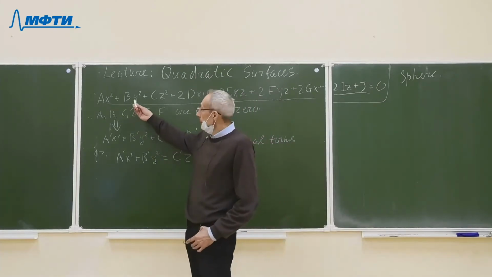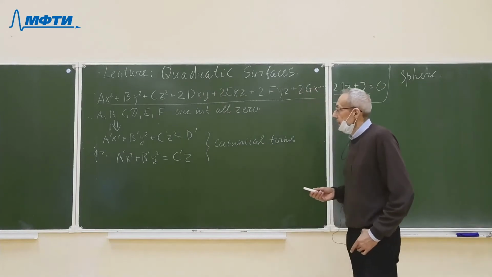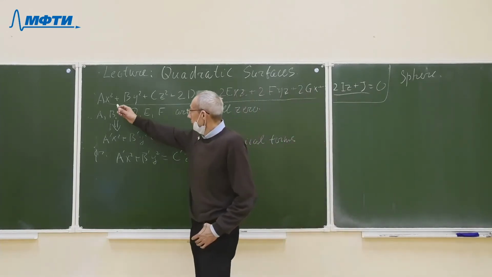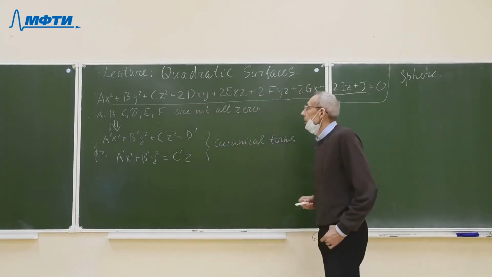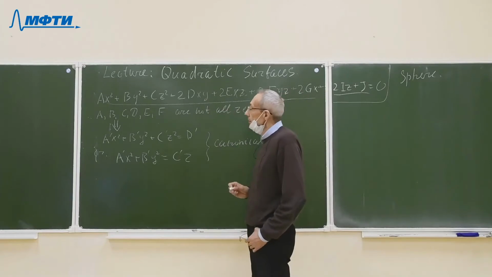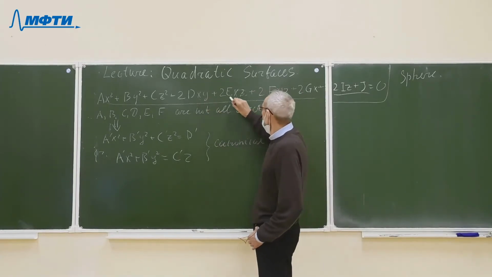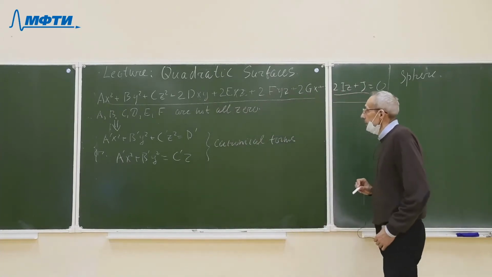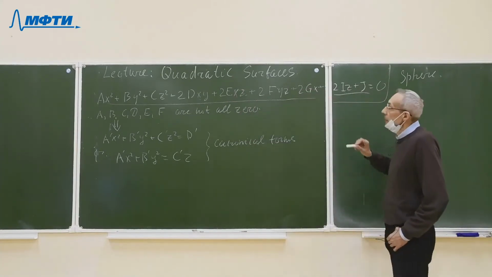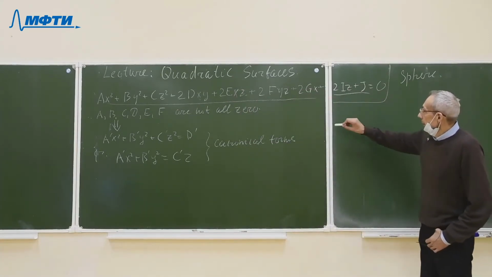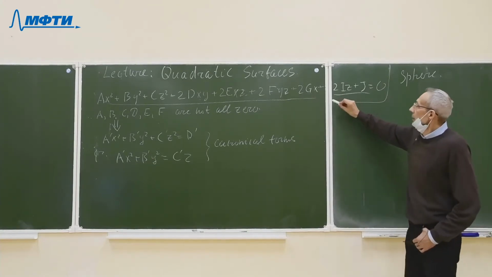In the general case, the equation which defines a quadratic surface has the following form: the sum of the squares of three independent variables, plus twice the cross products of these variables xy, xz, yz, which are multiplied by some constants d, e, f, and plus the linear part, which is 2gx plus